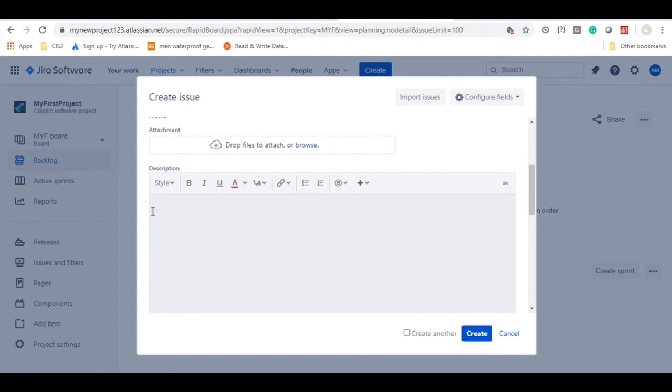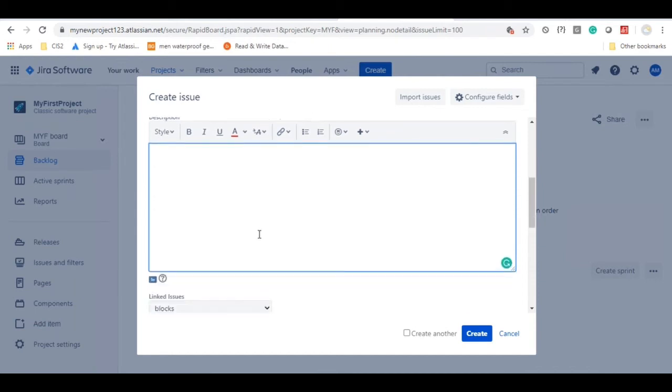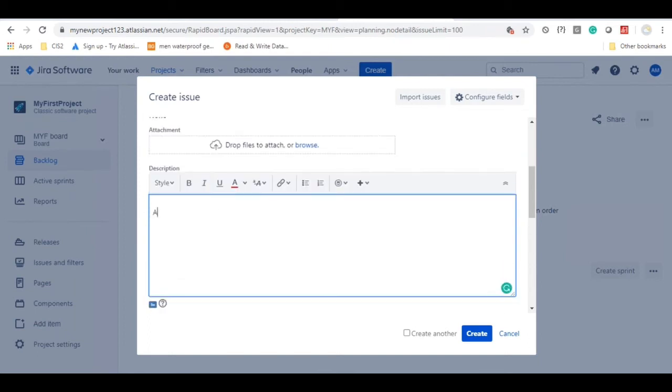And then here is the place where you have to write the description. So the detailed description, or whatever information the product owner has after getting the clarification from the end users, that information he will be documenting here. Normally we also call that the acceptance criteria. So I'll be writing the description like this: as a user, I should be able to search for a flight with valid search criteria.